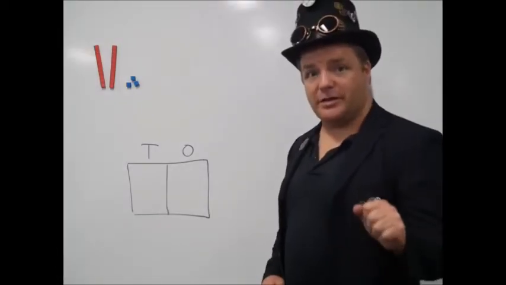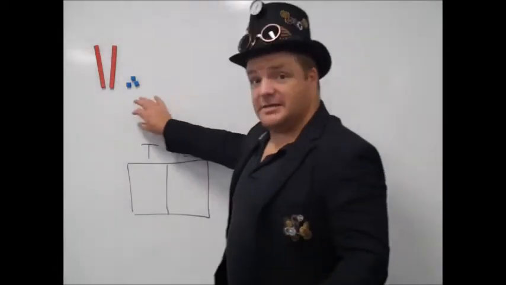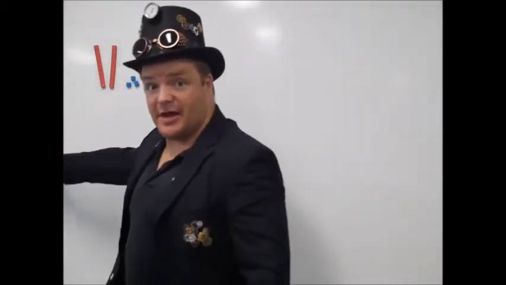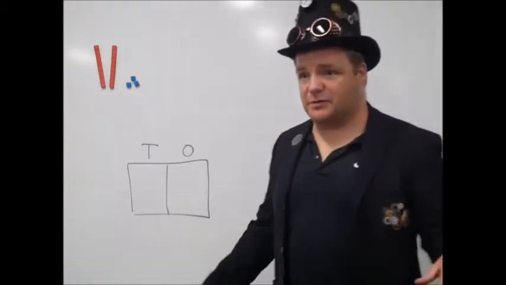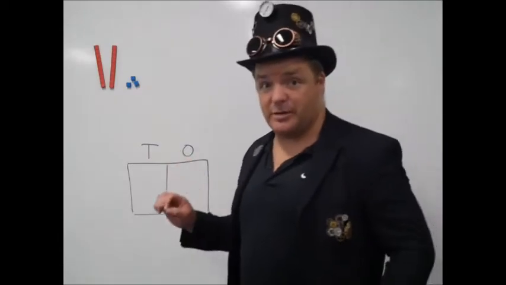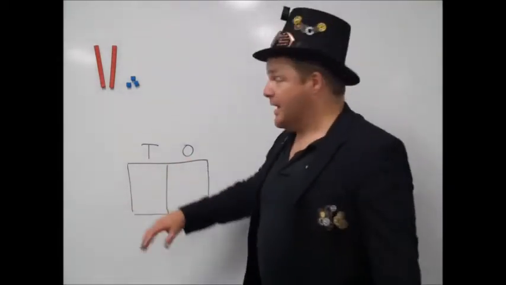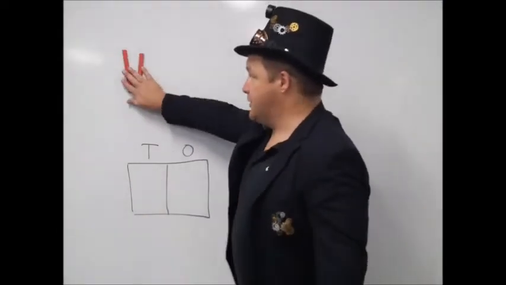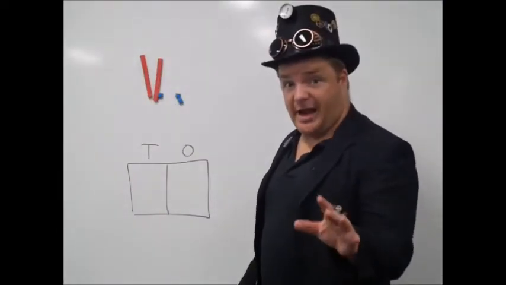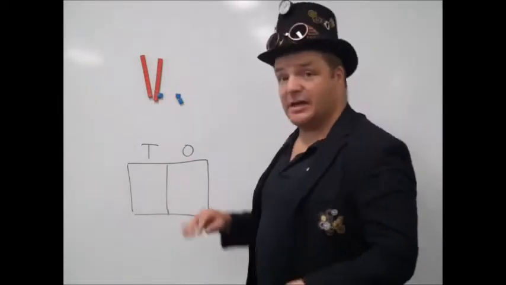In place value, we're looking at the relationship between ones, tens, hundreds, thousands, tens of thousands, up to any place value is what we're talking about. Now, to start with today, we're going to be looking at ones and tens, okay? And we're going to be using base 10 blocks to do this. So initially when you start doing anything to do with place value, you'll be using things like base 10 blocks